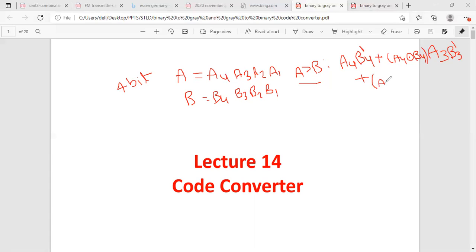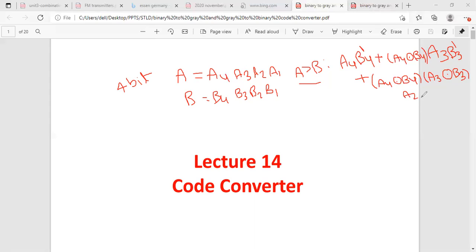Or we have another possibility. A4 and B4 should be equal, and in a similar way A3 and B3 are also equal. So you go for the next bit for the comparison. Next you have to compare A2 and B2. A2 is equal to 1 and B2 is equal to 0.